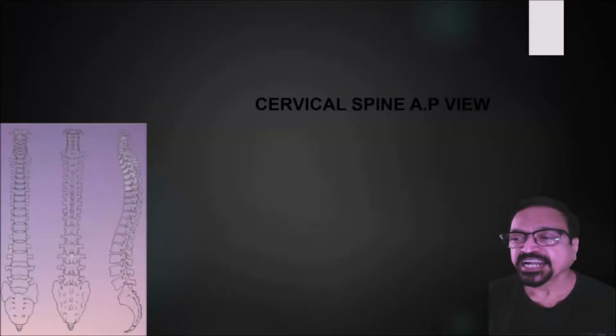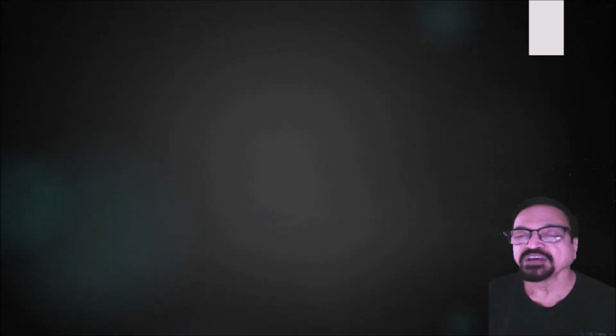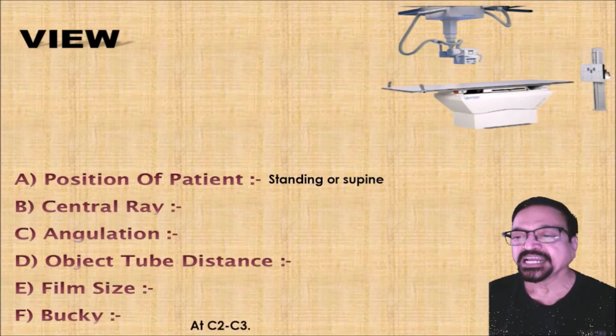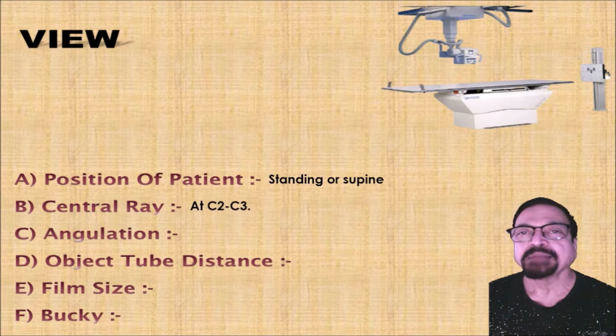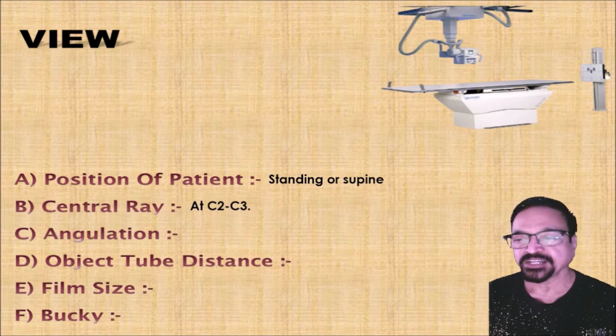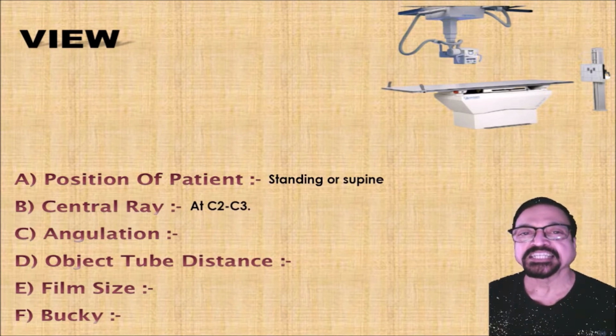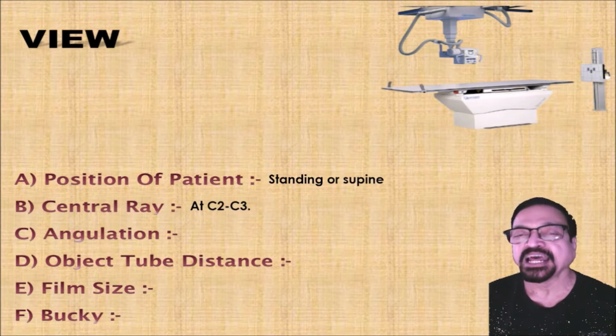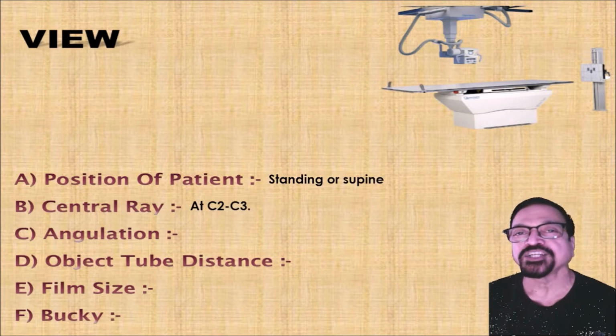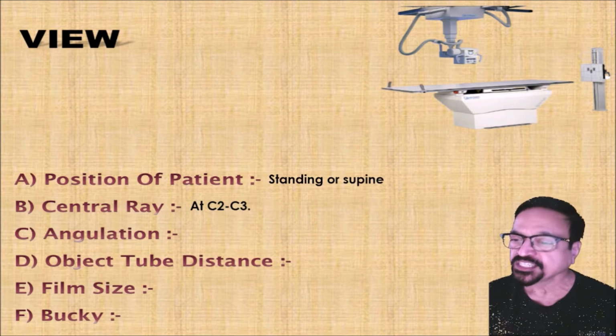Let's concentrate on cervical spine basic views. First is the AP. In that, the patient can be sitting or supine. Maximum turnover, or fastest, is achieved when patients are standing. In supine position, it takes longer for the patient, number one. Number two, in standing position, we can complete all the projections of cervical spine radiography, which is not possible in